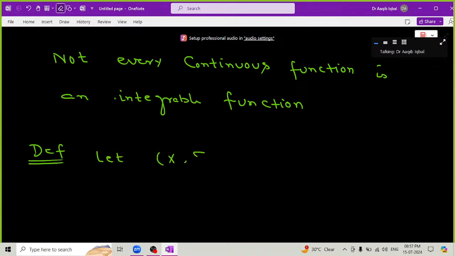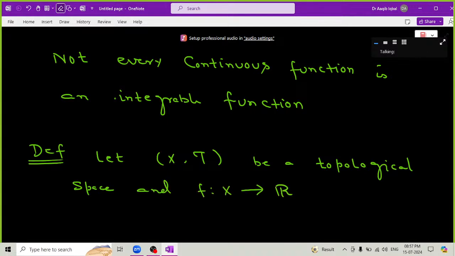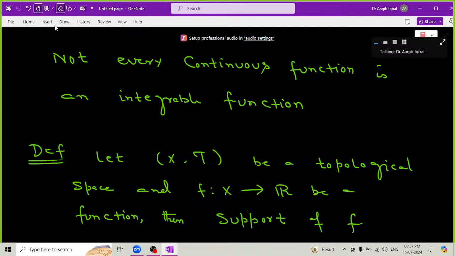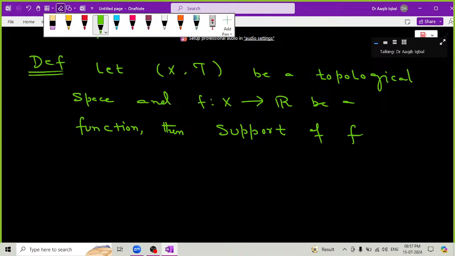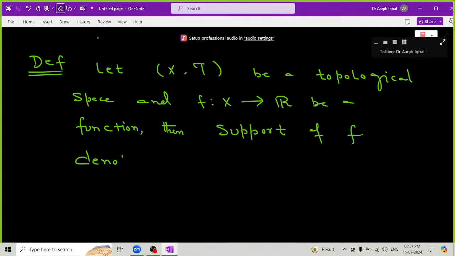Let X star be a topological space and f from X into R be a function. Then the support of this function f, this is the general definition. What do we call support? What is the support of a function? This is its definition. Then the support of f, denoted by the symbol we use, sup f, is defined as